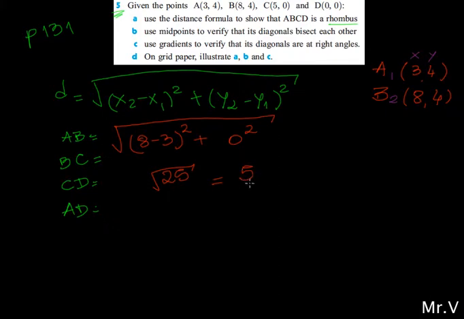Okay, so in this problem I should continue and solve for BC, CD and AD, and I'm going to find that all the sides are equal to 5. So that's going to be your homework. That's what you have to do. Okay. Now